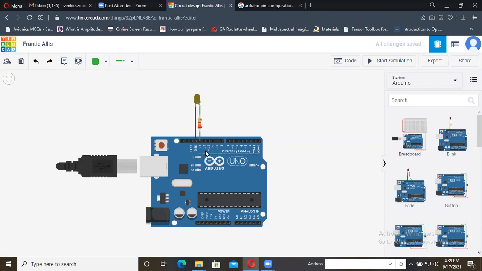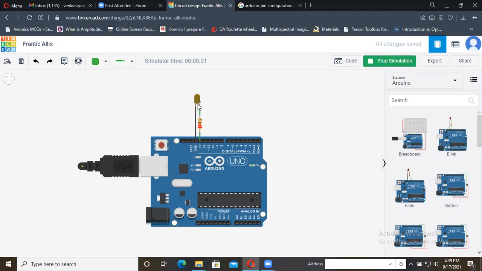So that is digital. It is a digital output connected to any one of the pins here. So I'm connecting pin 13. It is not connected directly, but through the resistor, and automatically the second pin is connected to ground. So simply, if you start the simulation, or if you run this, automatically the LED will glow.